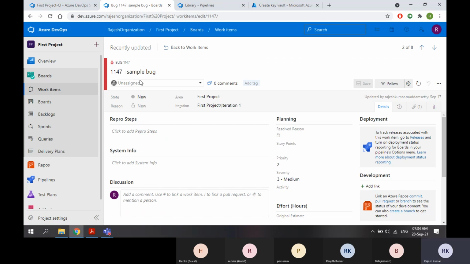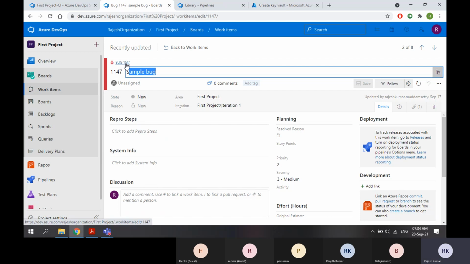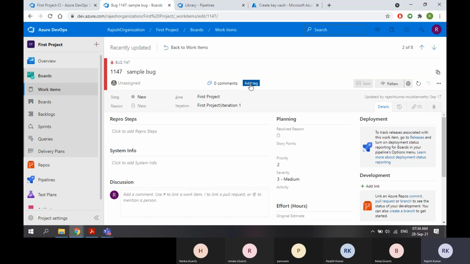But I want to get to this without using this title or this number. Then what I can do? I can have a separate tag. See, now first bug. When I am using filters, I can filter like tag equal to first bug. It will bring this bug only.